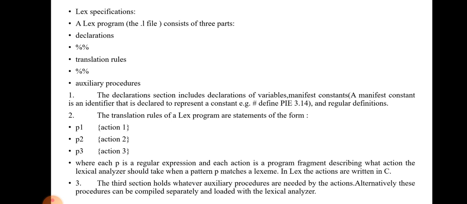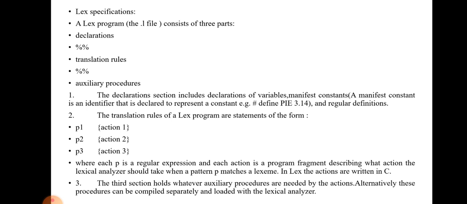P is the regular expression, followed by the action. The action is an operation which is to be performed for a particular regular expression. The last part is the auxiliary procedures which are needed by the actions.